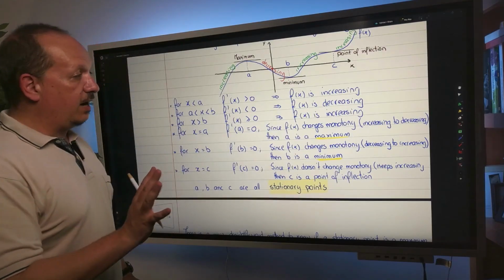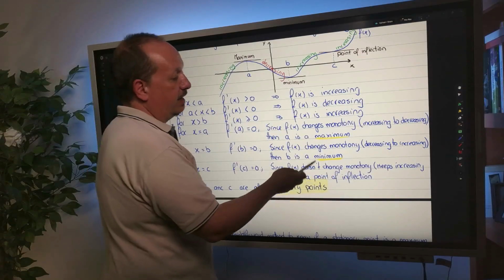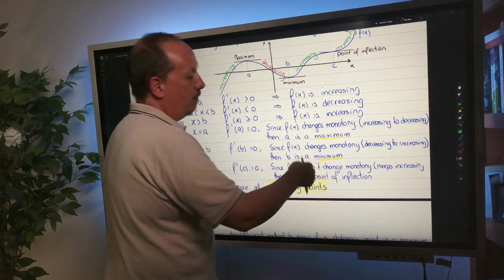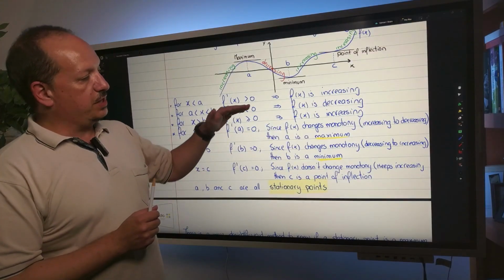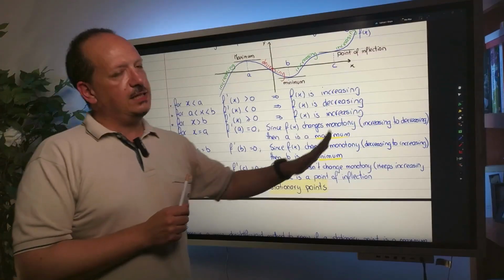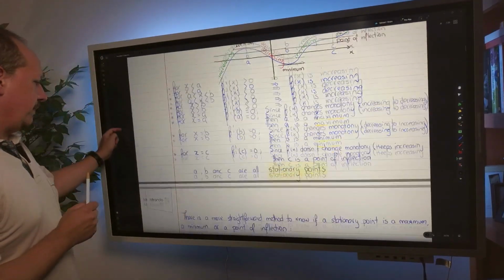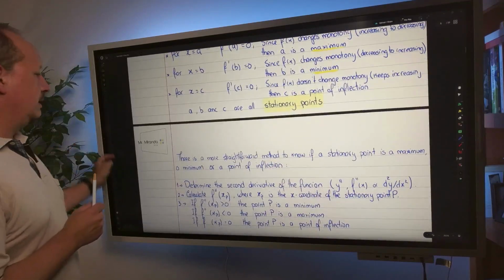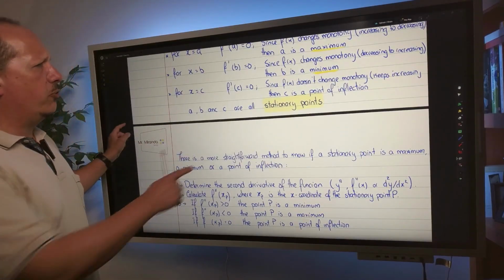And chances are, in 90% of the cases, as I mentioned, that they are either going to be a maximum or a minimum. If they are a maximum, the function is increasing and then starts decreasing. If they are a minimum, the function is decreasing and then starts increasing. Okay? There is, however, a more... Actually, before talking about this,